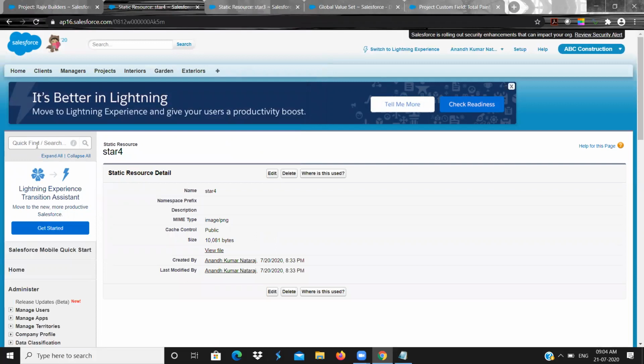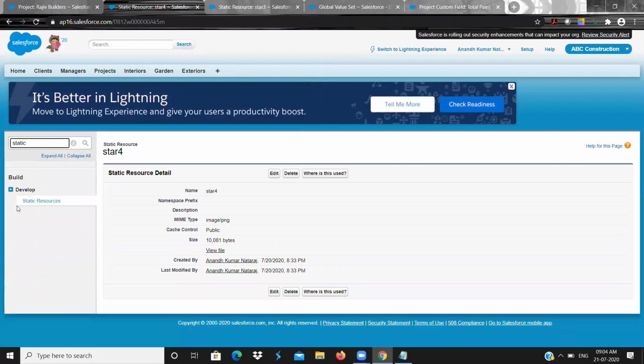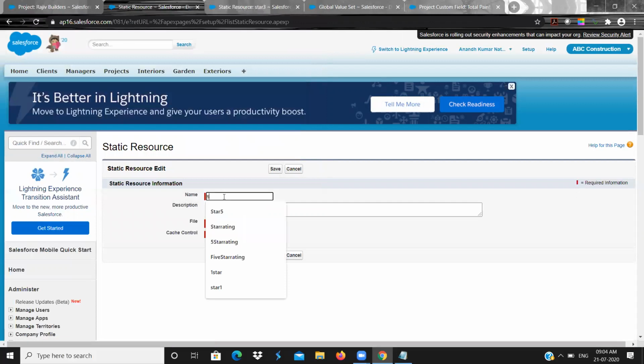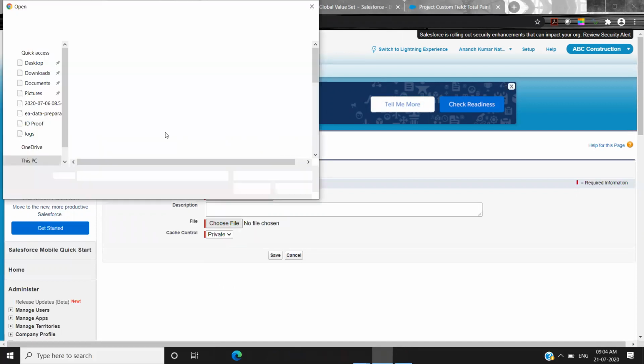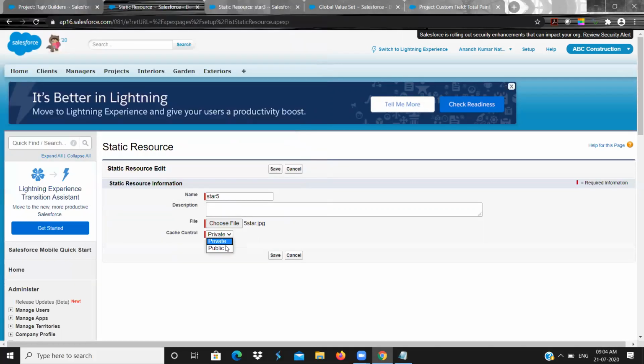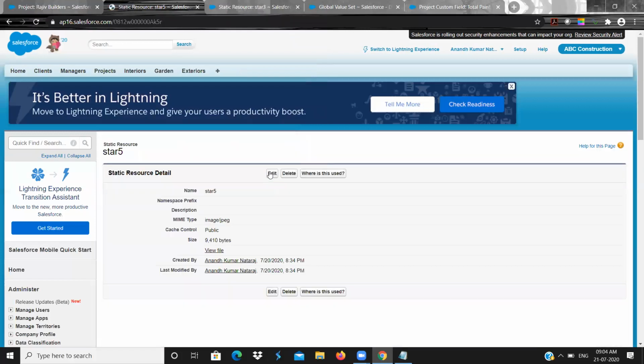And static resources again, the last one. *5. So choose the file and you can have cache as public. So now we have 5 files uploaded.